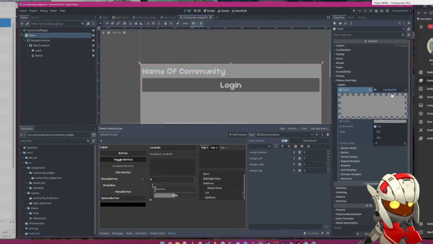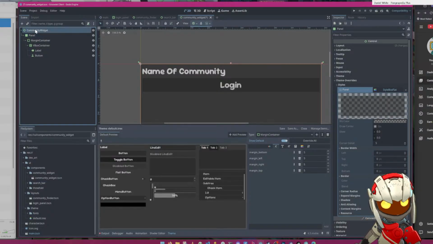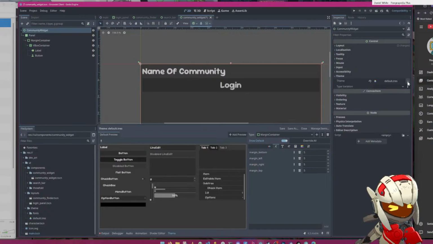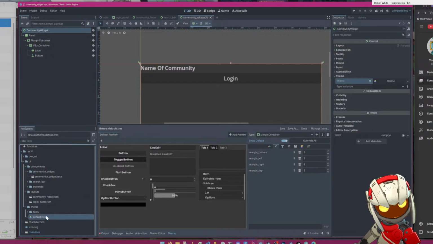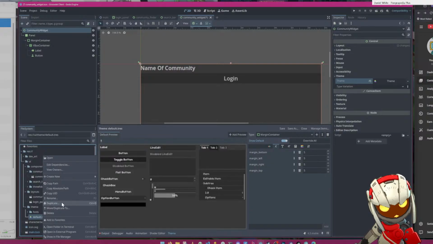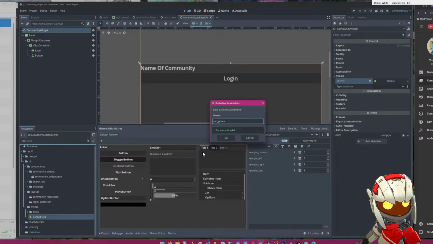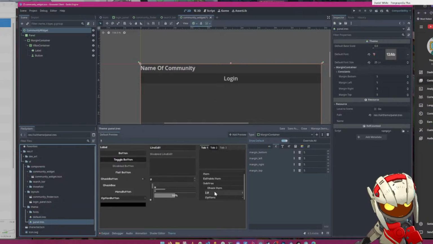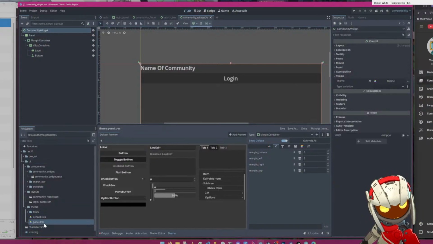And then community, and then panel is going to have nothing. But then everything inside the community widget is going to have not the default style, but a new theme, and that's going to start. We're going to copy the default theme, duplicate, and we'll call it sub-panel. There's a dash. This is panel style. And panel style, which we're going to apply to the community widget here,